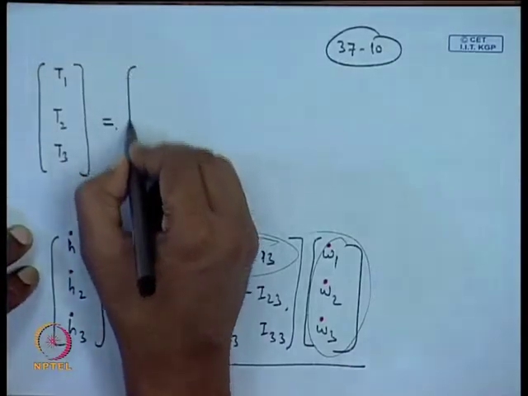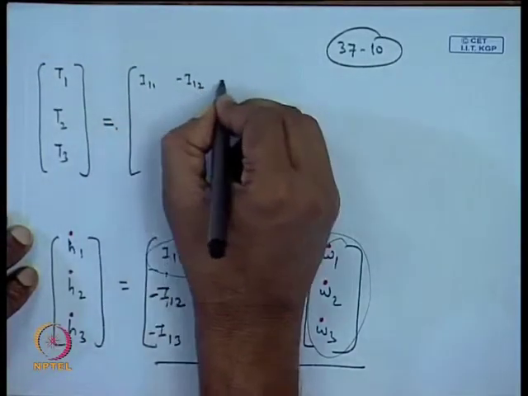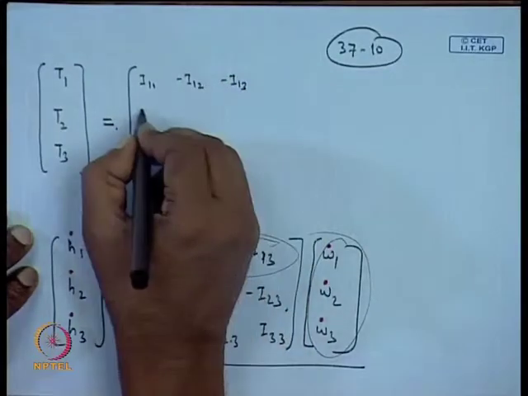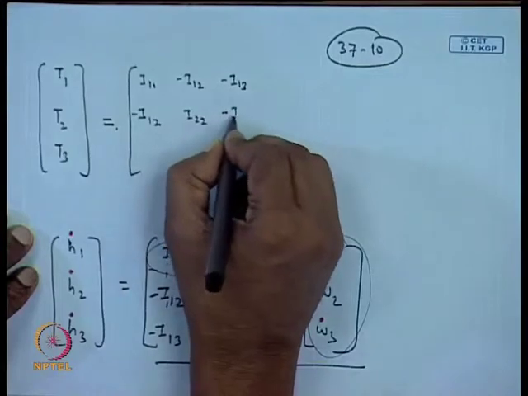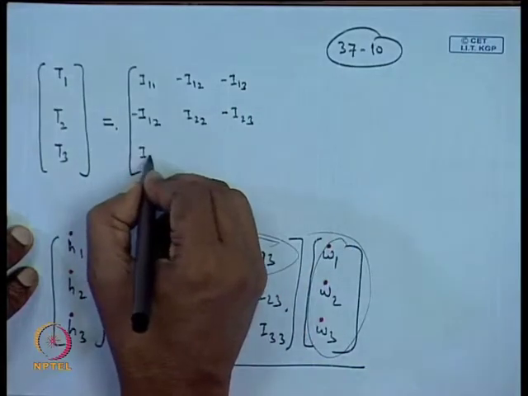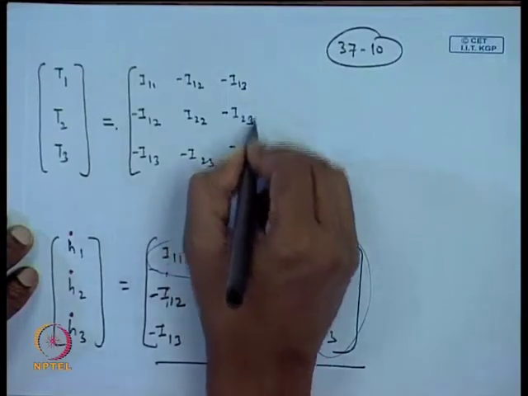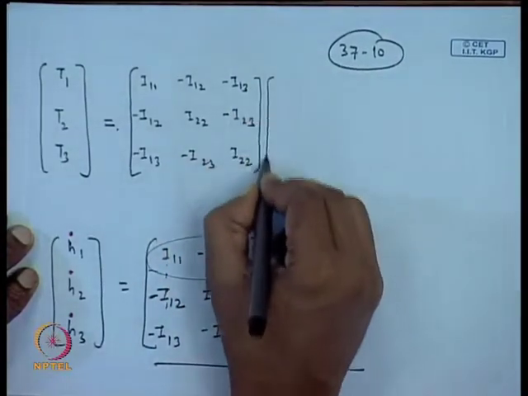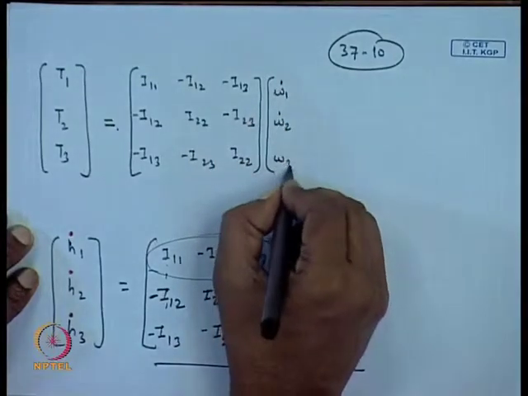So, we insert here in this place. So, this is I11 ... omega1 dot, omega2 dot, omega3 dot,